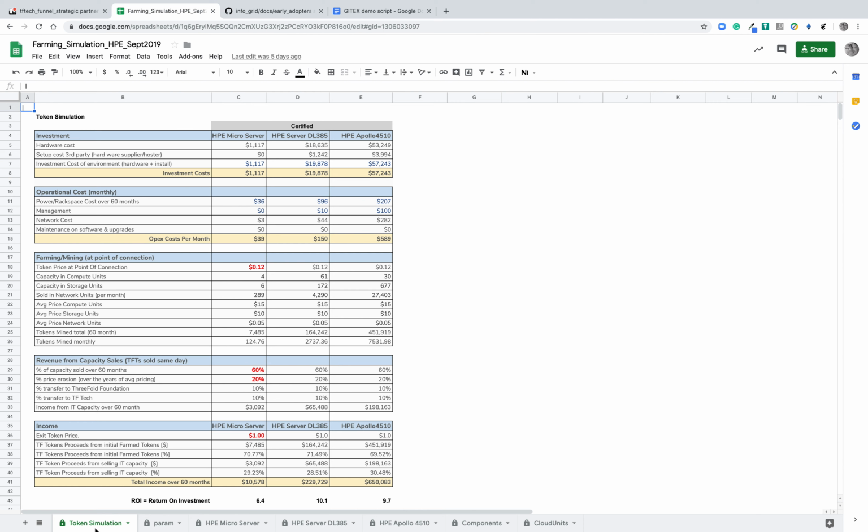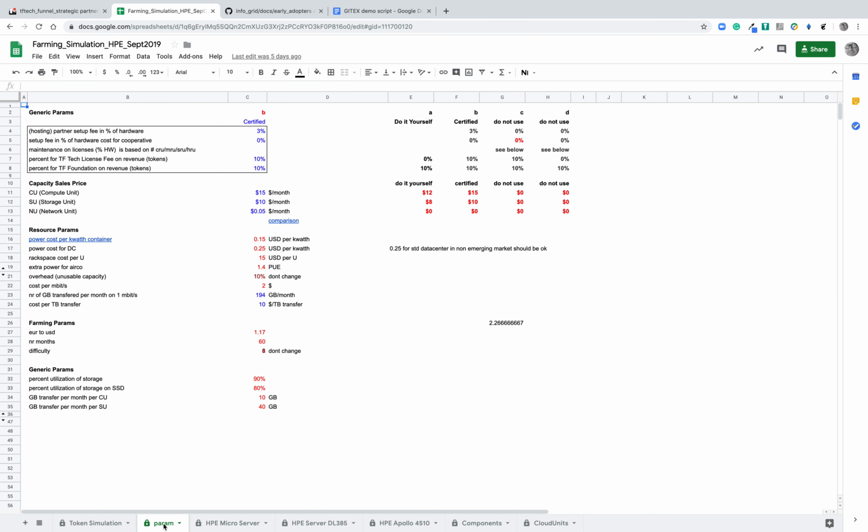The one that will give you all of the information with regards to what tokens are being found by a piece of hardware is, in the first step, called token simulation. Then the next one is called parameters, which are all the parameters, and we'll talk a little bit about that, that are used in the modeling and could be adjusted for your specific territory, but not necessarily. The numbers as they are is good enough for most of the geographies